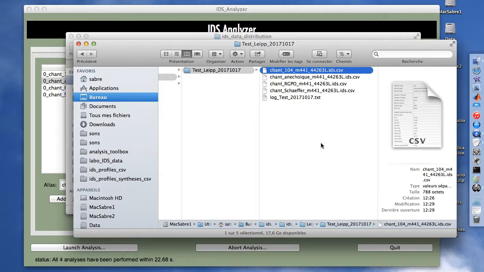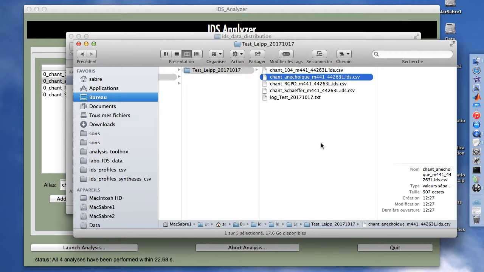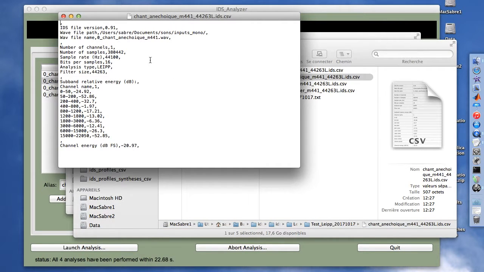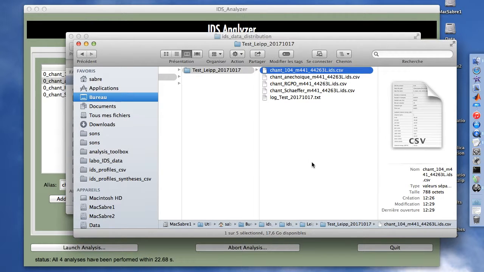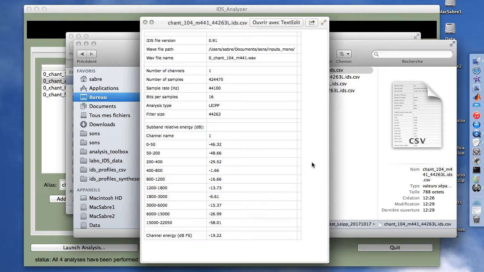So now we can open an IDS profile, for instance this one, and access its contents and even be able to make some modification. It's not a good idea to make a modification by hand. What can be done also is to have a look at the header, and we then see that we've got